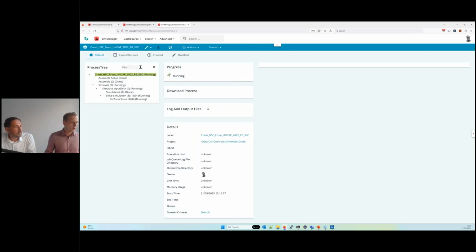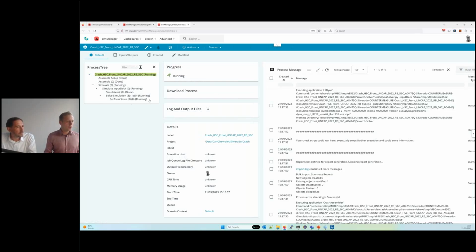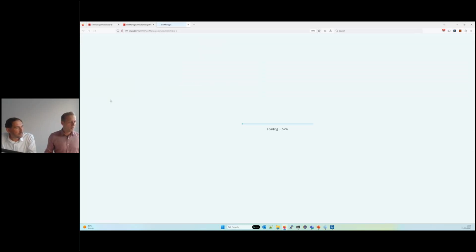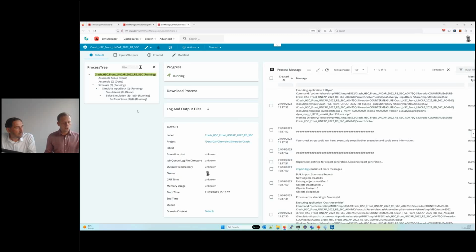So here we see in the process tree at which step we actually are. We're at the perform solve, so we are actually in the HPC. Our simulation is running, and then we're waiting for the simulation to come back. And during that time, maybe we can compare what has been changed between the previous and